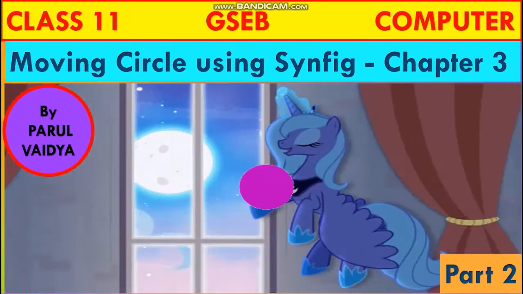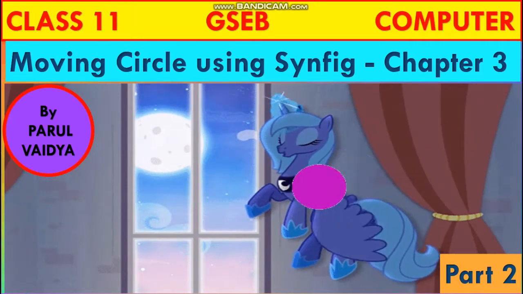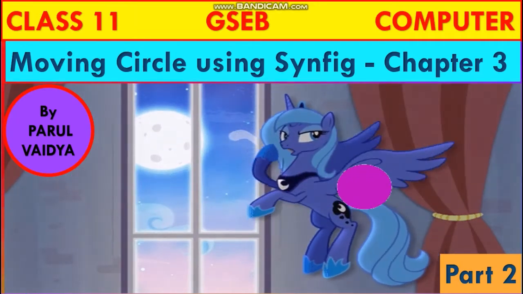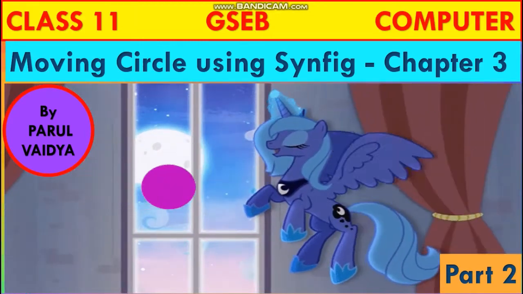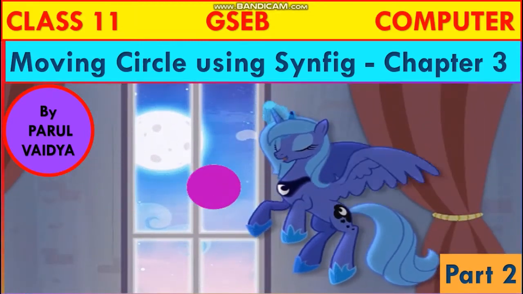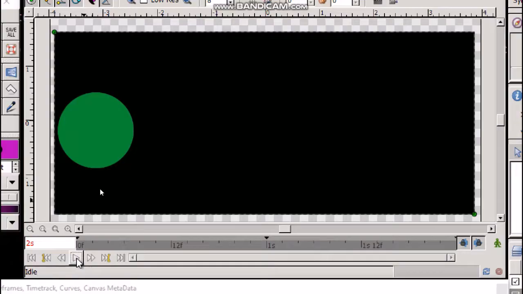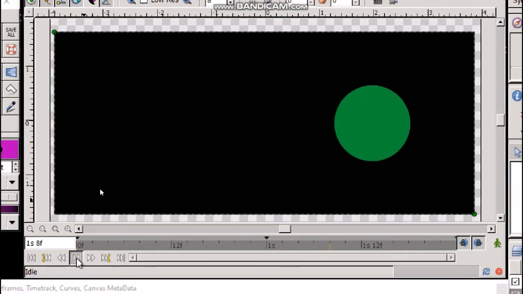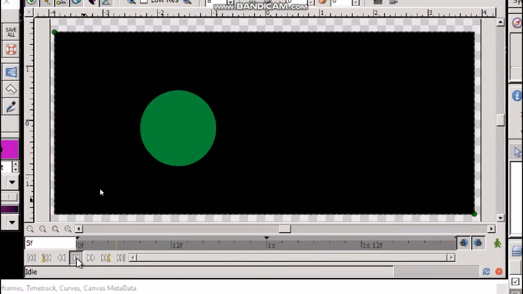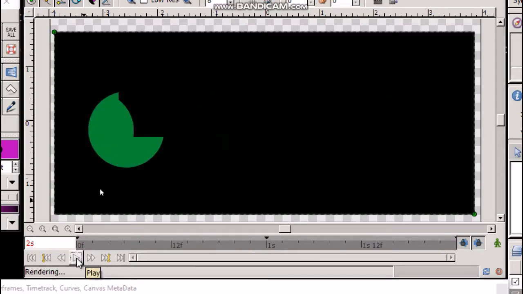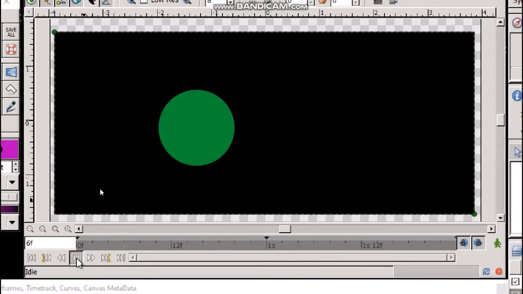As we all know, animation is a visual change over time, wherein digital images are played one after the other to create a moving effect. Today, we will study animation of a circle using keyframe. So let us create an animation of moving the circle from left to right and then left again using keyframe.